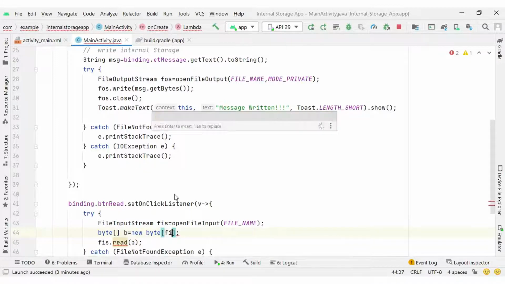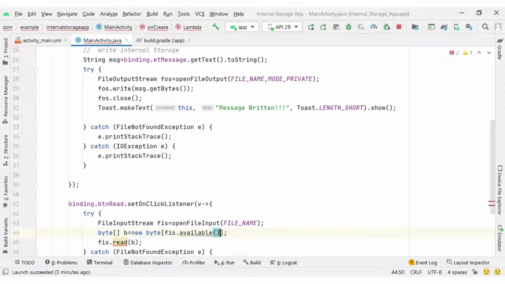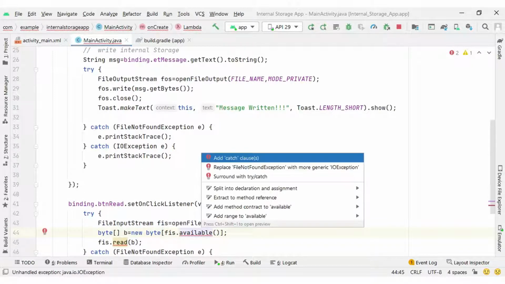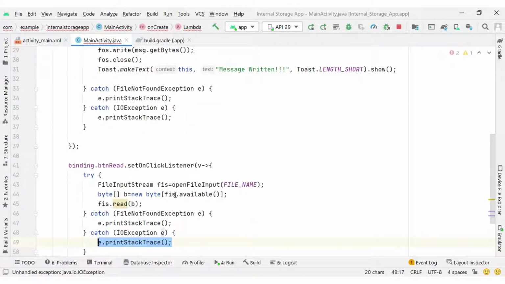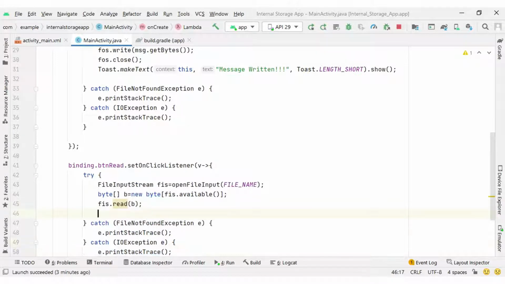The size you can get using fis dot available method. With this available method we require one more catch block, so we have this IO exception, one more catch block. So we have done, right, our data will get read inside the byte array.